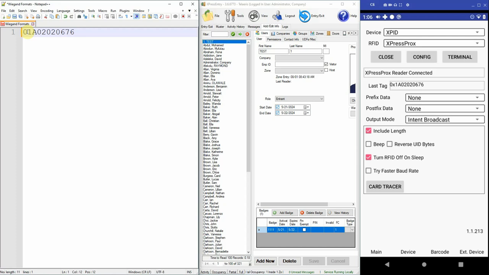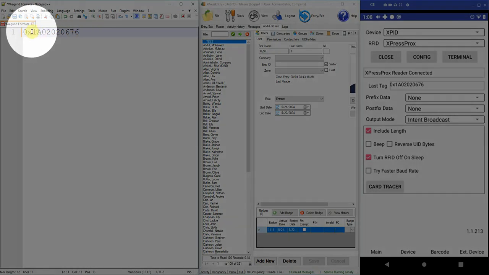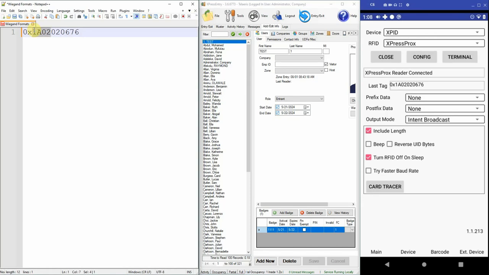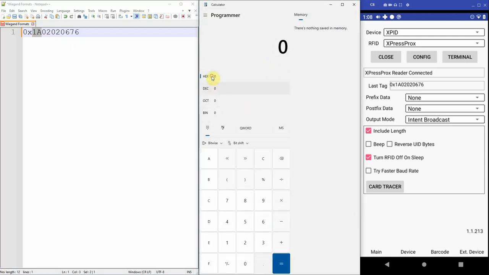So that is 0x1A. Now when you look at the data, this 0x just specifies that the string of data that is right after this is hexadecimal. And the very next two set of data, the 1A, specifies the length of the data. So in this case, let us take this 1A into our calculator, and let us open the calculator and go to hex and just type 1A. So this means that we have a 26-bit